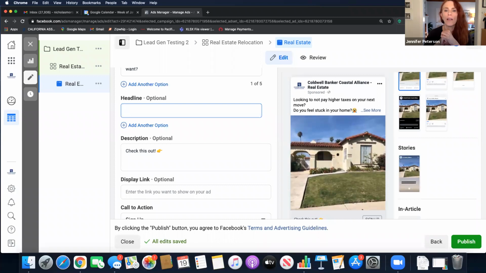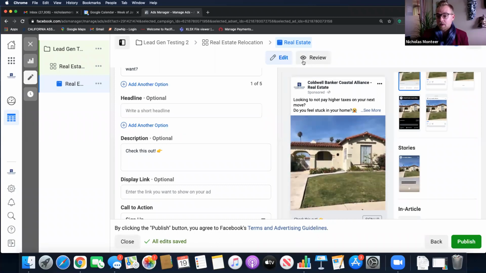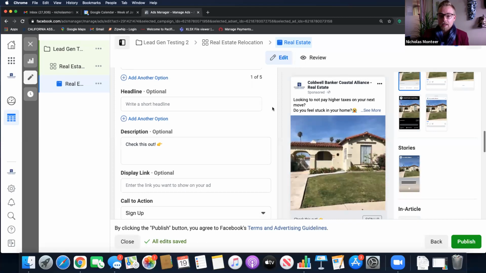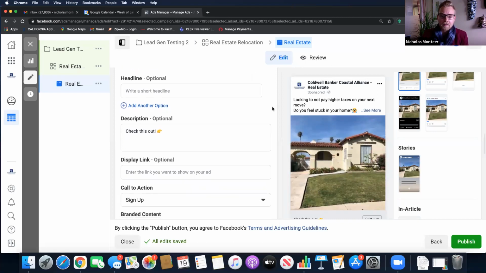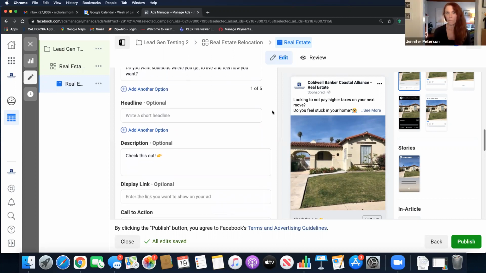So if I zoom out, or even when it's in review, you can see what the post looks like and take a screen grab of that. And Facebook does provide analytics on how your post is doing, with graphs and everything. It's a little harder to get out of Facebook than Social Ad Engine, which makes it all pretty and easy for you, but you can get it out of Facebook as well.